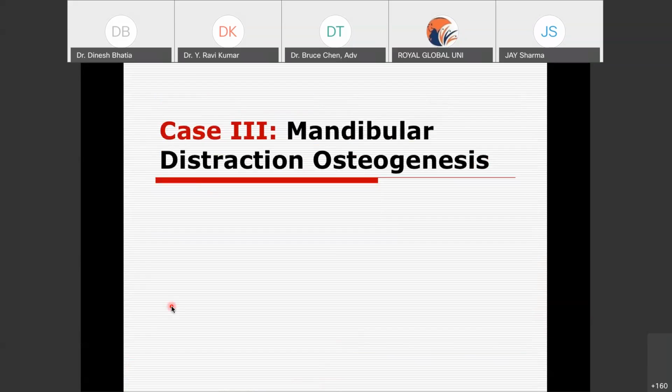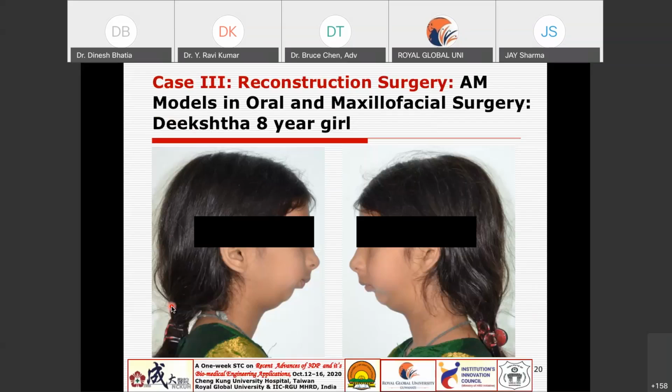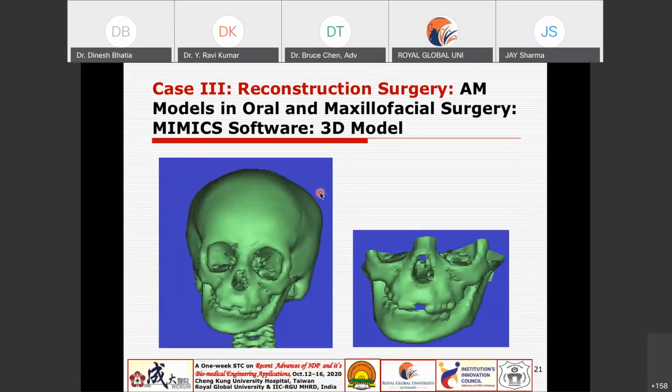And then you can even use this for mandibular distraction osteogenesis or reconstructive surgery. So here, you see this 8-year-old girl. She had a problem, and you can see the asymmetry of this patient, the abnormal growth of the jaw bones. Again, you start with the medical data, the CT data, process it in medical image processing tools like Mimics software, and then we can reconstruct this, and this is what